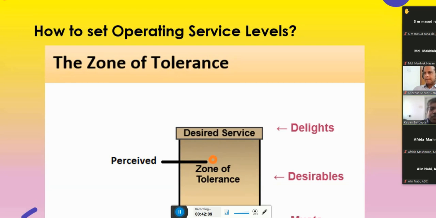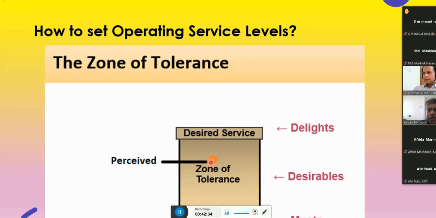So once you do this, you ask three values from your customers and get the average of the three values for all customers, and see what the average desired, the average perceived, and the average adequate service are. If you know this, you can know where we have to go.